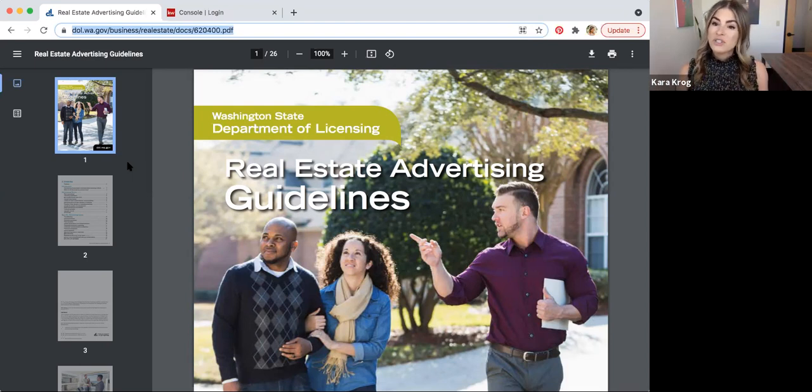So if Robin had business cards that said Robin Hooper Real Estate or Robin Hooper Realty, and people saw that and knew that she was affiliated with Keller Williams and that she was not her own brokerage, which is really the only time you're able to use those two phrases, someone could report her, take a picture of that business card and send it to the DOL and say, hey, look what I found. This agent is not doing what she's supposed to do.